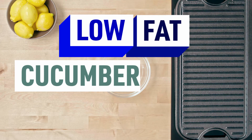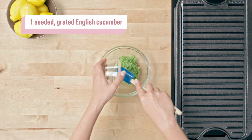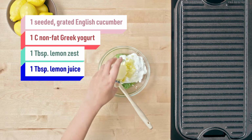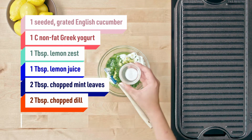Now for the low-fat cucumber herb yogurt sauce. In a medium bowl, stir 1 seeded and grated English cucumber, 1 cup of non-fat Greek yogurt, 1 tablespoon of lemon zest, 1 tablespoon of lemon juice, 2 tablespoons of chopped mint leaves, 2 tablespoons of chopped dill, and 1